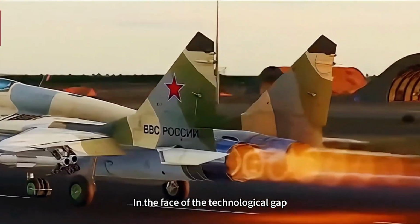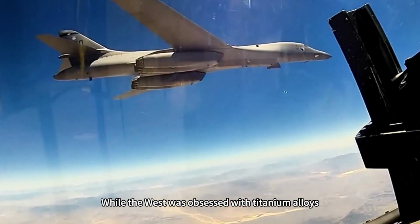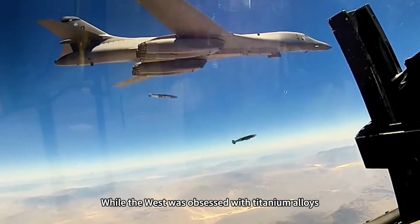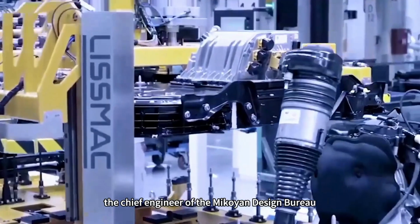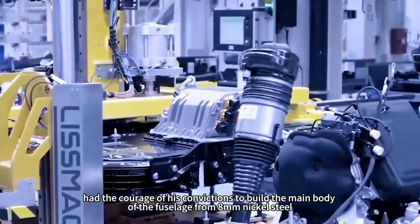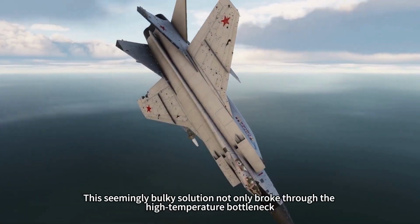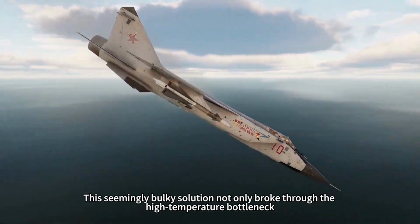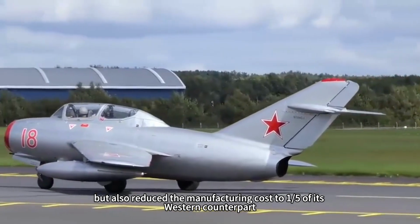In the face of the technological gap, Soviet engineers showed amazing reverse thinking. While the West was obsessed with titanium alloys, Rostislav Belyakov, the chief engineer of the Mikoyan Design Bureau, had the courage of his convictions to build the main body of the fuselage from 8mm nickel steel. This seemingly bulky solution not only broke through the high-temperature bottleneck, but also reduced the manufacturing cost to 1/5 of